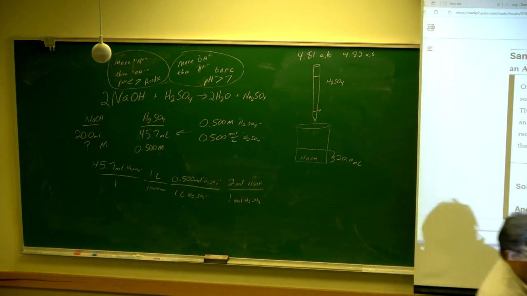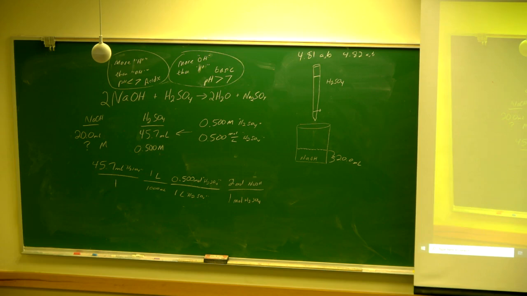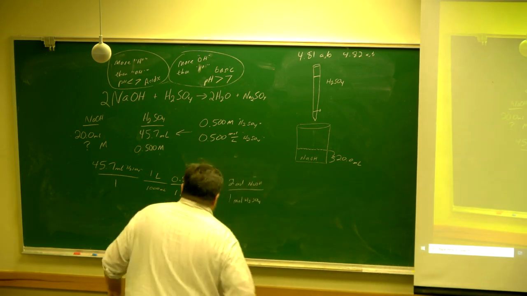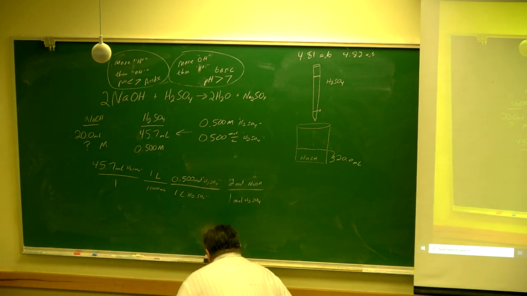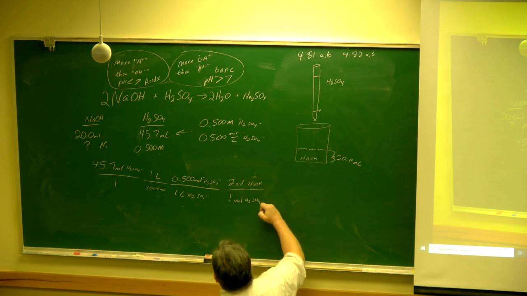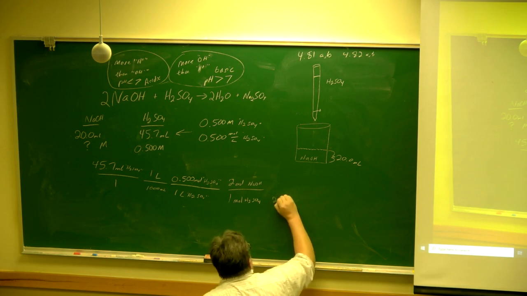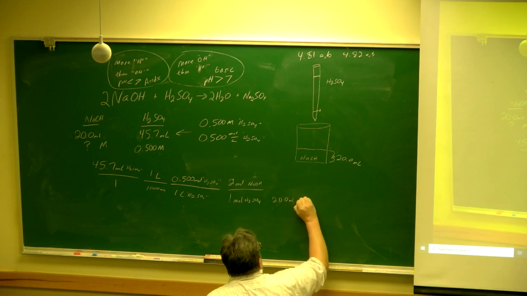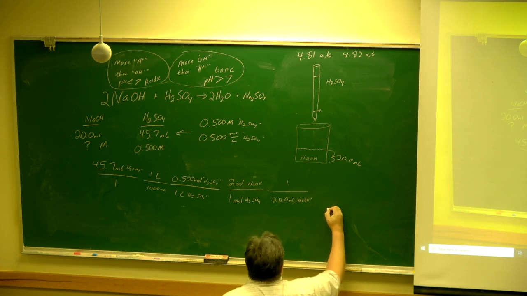Make sure this is on camera. Okay, it's still there. All right. And now we're down to 20 milliliters of NaOH. Yes, 20 milliliters. It's got to be on the bottom. So now I'm using that. Put 1 up here, and then